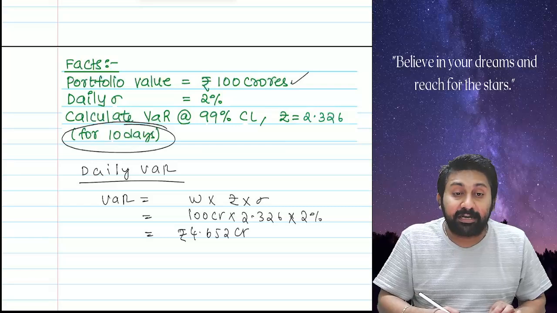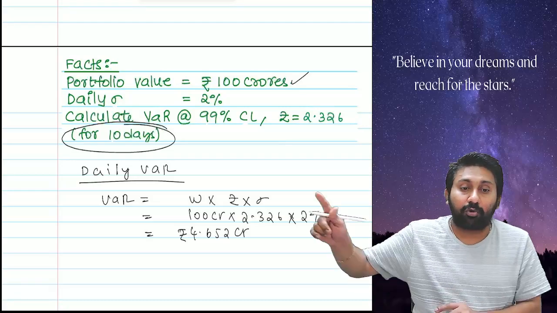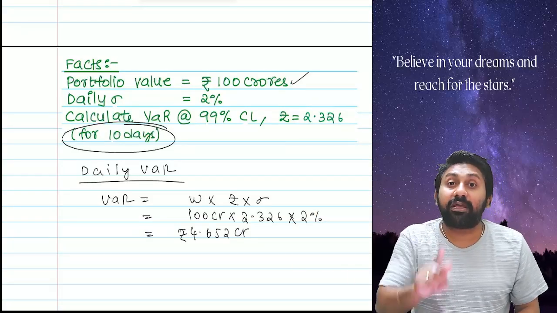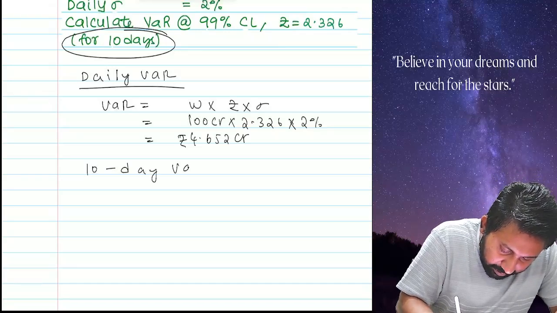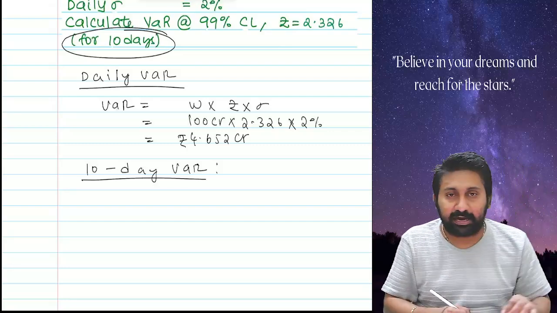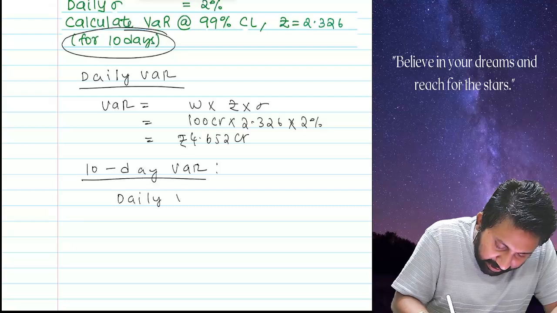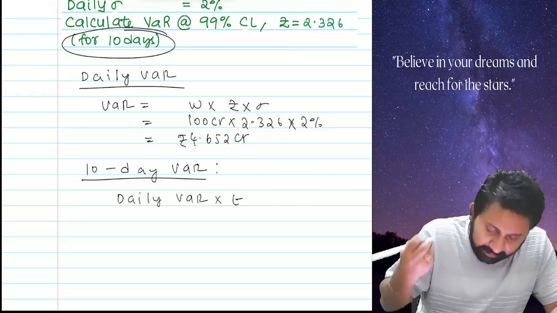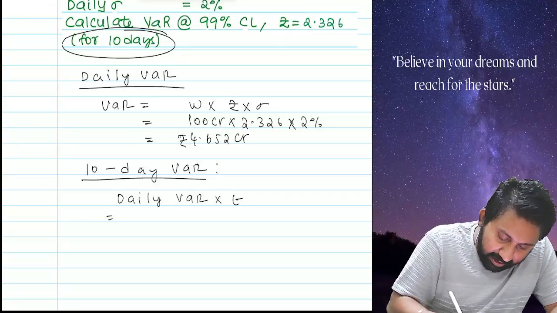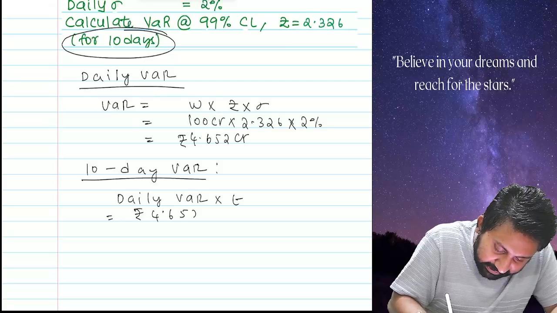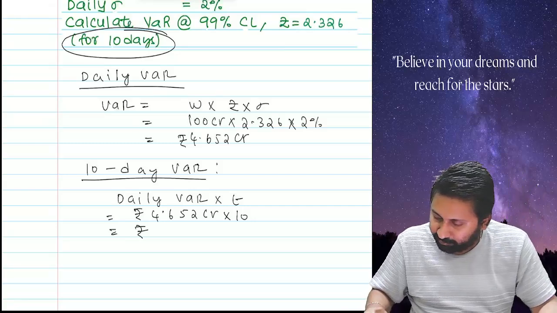What is this 4.652 crore? There is 99% probability that the loss will not go beyond 4.652 in one day. In one day. Okay. 10-day VAR. Whenever 10 days VAR is calculated, daily VAR into T. T means number of days. Okay, next. Daily VAR is how much? 4.652 crore into how many days you want? 10 days equal to rupees 4.652 into 10,